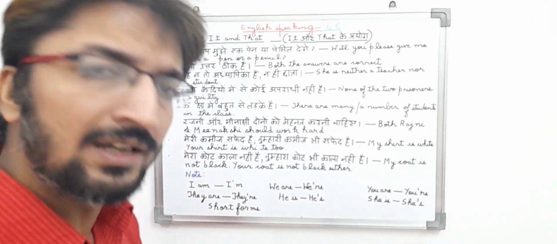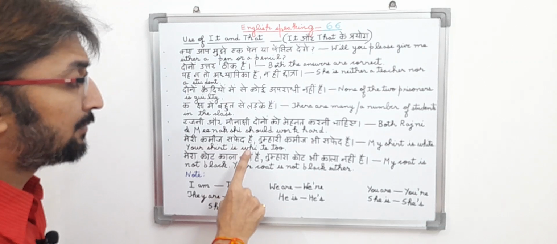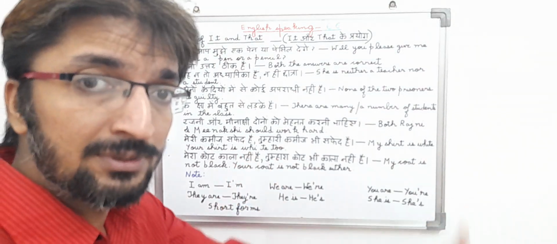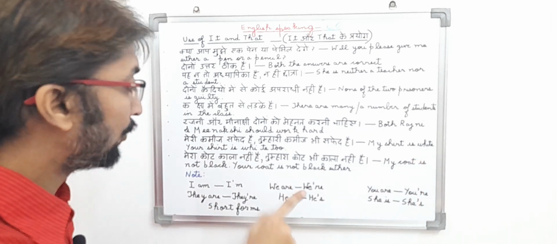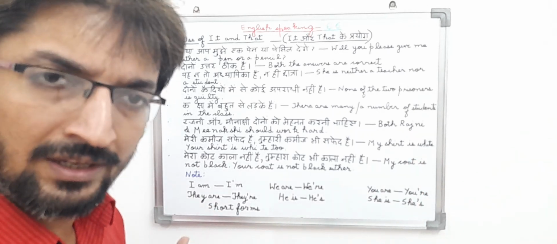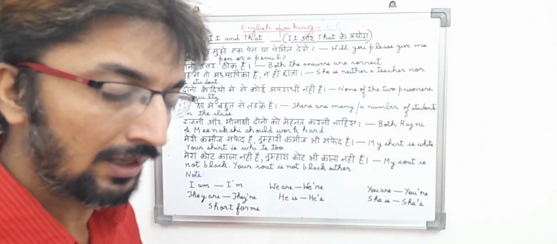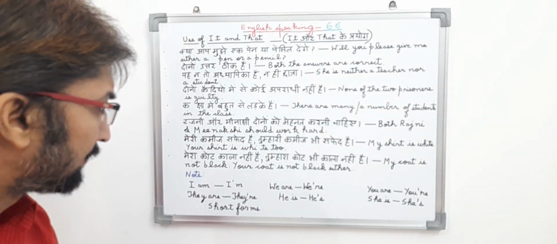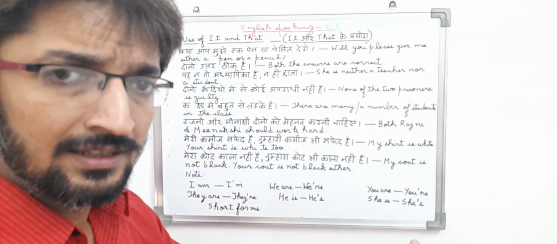So friends, basically it is also a present type sentence because मेरी कमीज़ भी सफ़ेद है और तुम्हारी कमीज़ भी सफ़ेद है. So in English it means my shirt is white and your shirt is white too. The shirt I am wearing is also white, and the shirt that another person is wearing is also white. Color is same. So it is a confirmation type sentence and it is a present tense and it is a